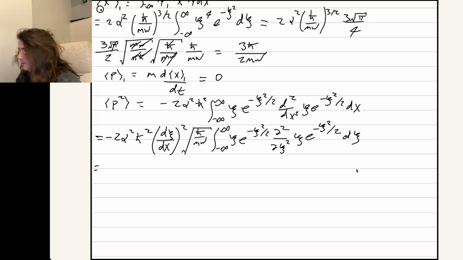So we happen to know that the derivative of ξ with respect to x is just the square root of mω over ħ, and we're doing that twice. So one of them is going to cancel out this square root. The other one will stick around. So we'll have the root mω over ħ there, and then